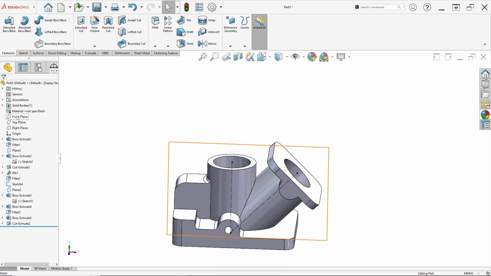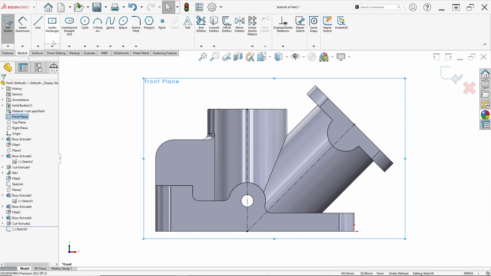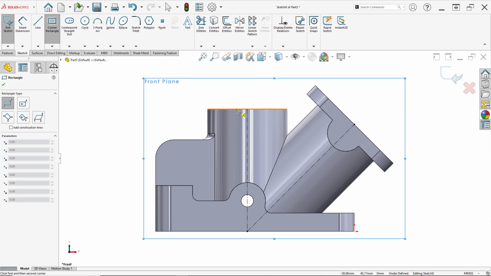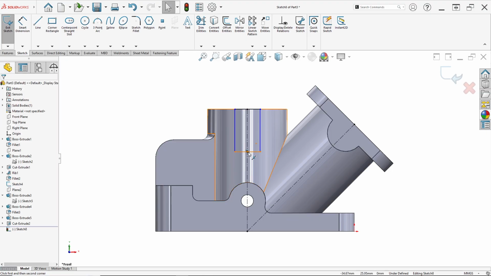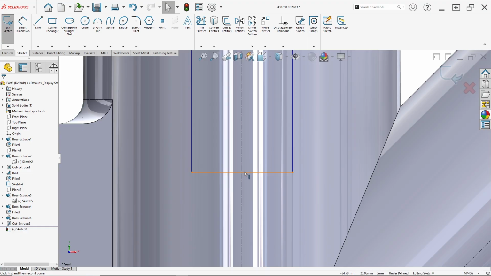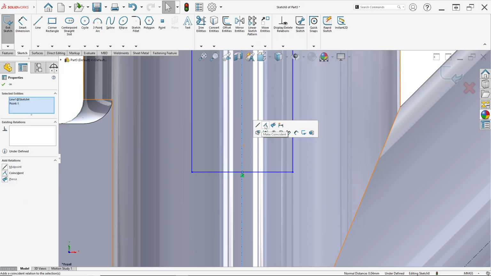Now right click on front plane again and click sketch. In here there is a cut shape like this, height 10 and width 6. So click corner rectangle, draw from this edge to this and ensure this midpoint. Click control and click this center line and click make coincident.